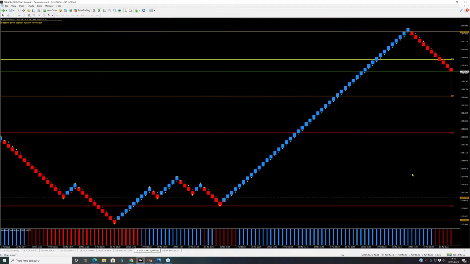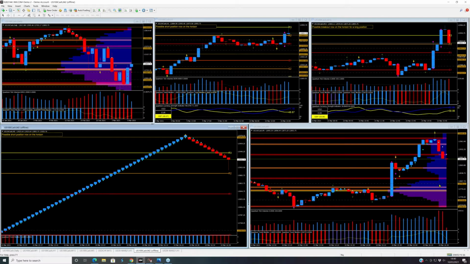And this is my 5 chart configuration for the Nasdaq equivalent, but I use this for my currency pairs as well. By using a Renko chart, which is a non-time based chart, it's based on the number of points, I think each one is 4 points, I can then tie it in with what is happening on the time chart. And again, it's looking at support and resistance levels on the hourly.